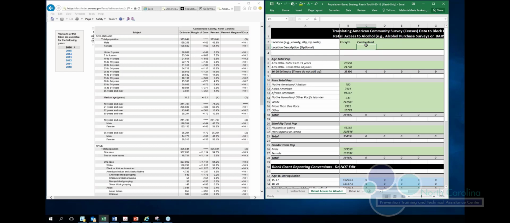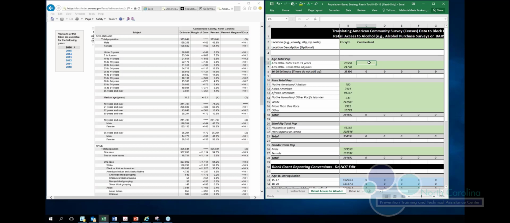And the green boxes are the only places you should type, everything else has formulas. So you don't want to type in anything that has a formula. So only type in the green boxes. You shouldn't be able to type in the places that don't, but just as a guideline, stay in the green boxes. And the first thing we're going to do is find out how much of this